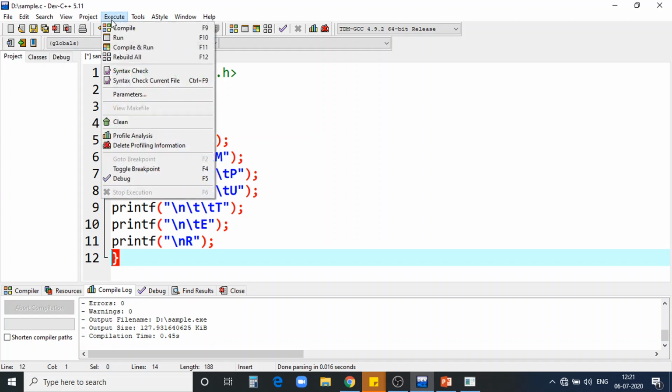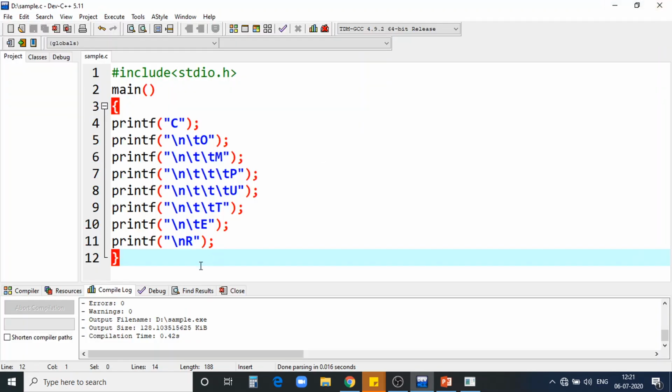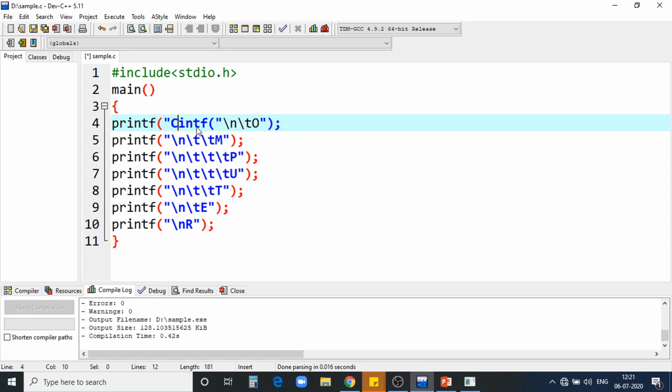Now we'll see this output. See, can you make out the output? Now, I can write everything in a single line only, instead of using multiple print statements.